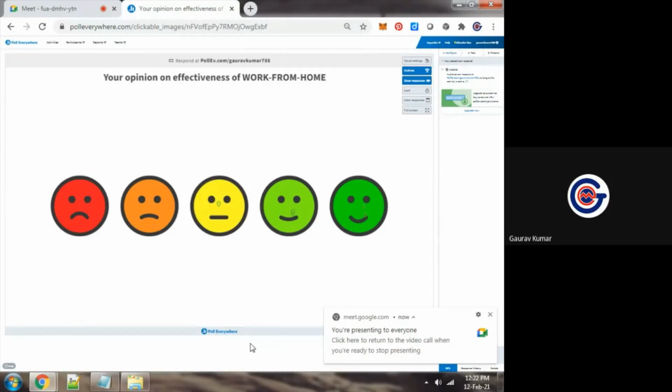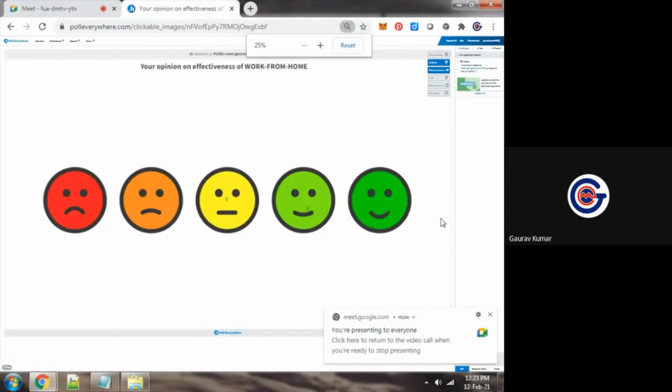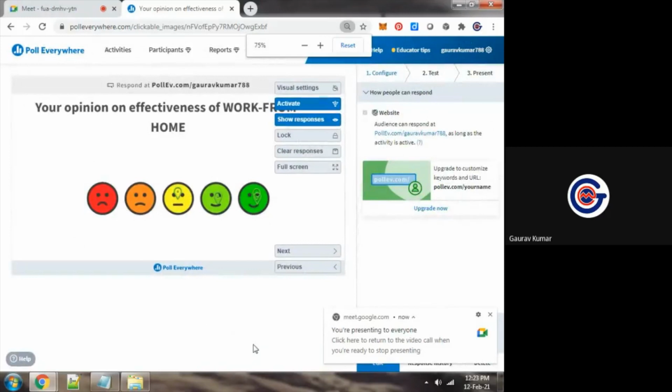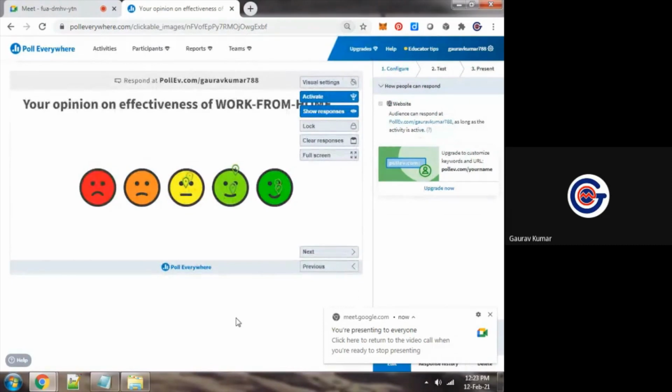So this is sentiment mining or emotions mining. Okay, so you can see that. Nobody is unhappy till now. One is neutral and the other participants also. And if I want to see which participants are sending their reply, you can check. First of all, we will get all the responses and then we will check the response history. On click of response history, in the bottom right, second option, I will check.